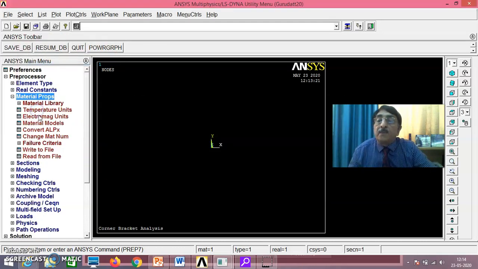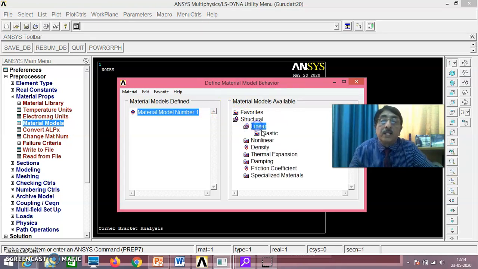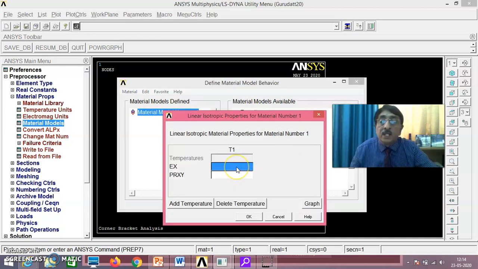Then under Material Properties, be careful. Material Models, Structural, Linear, Elastic, Isotropic. Then you see here, it is 30E6 psi, and Poisson's ratio is 0.27.